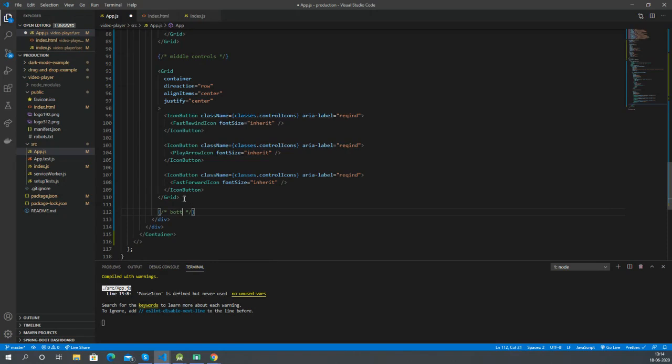Now let's add the bottom controls as well. Let's put a grid for now and make it a container with the direction of row. We'll justify the items to space between. And we'll align the items center.